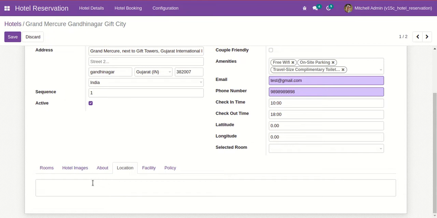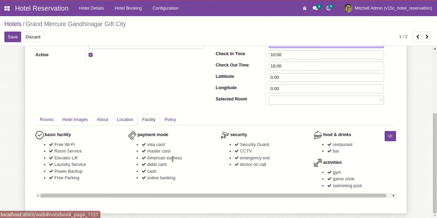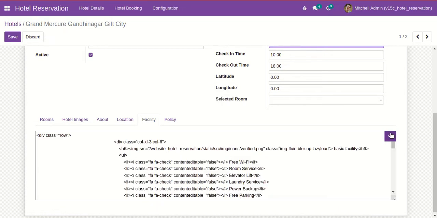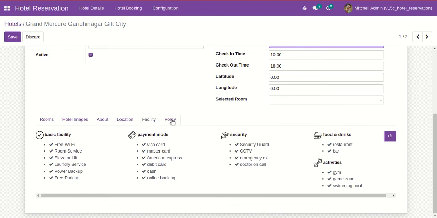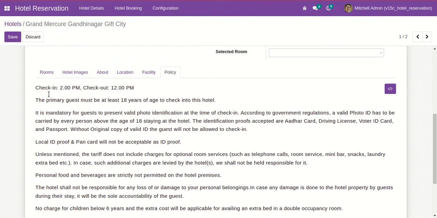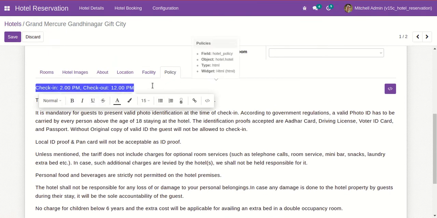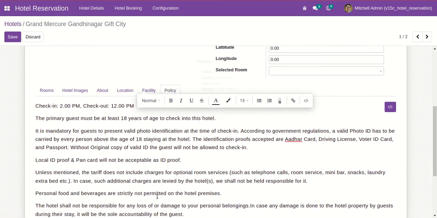About the location we can add the hotel location in the location tab, and inside the facility tab we can add the facility which hotels provide. And we can add the policies of the hotel inside the policy tab.